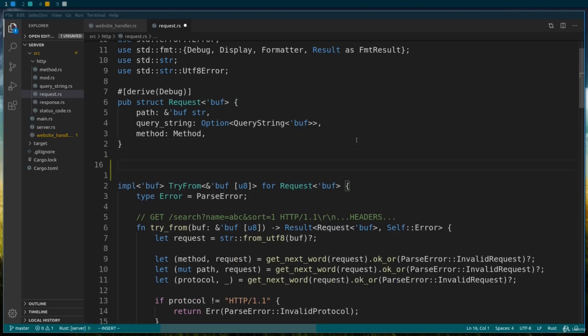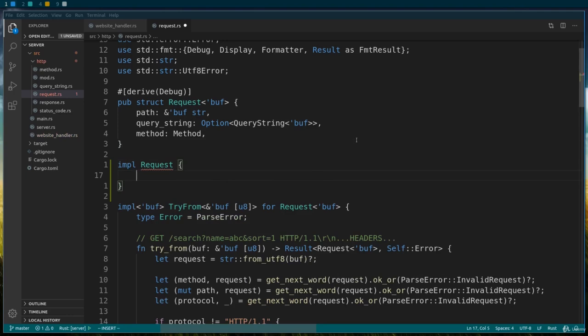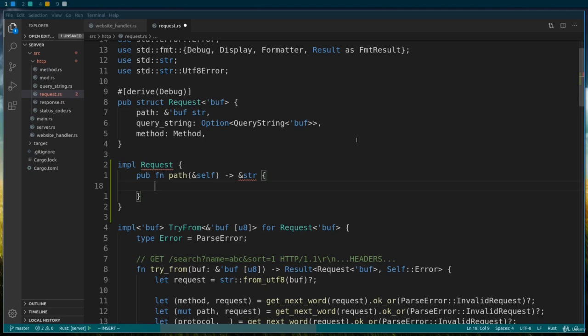So let's create an implementation block for the request, and in it we will add getters for all the fields. The convention in Rust is to name the getter after the field without prefixing it with the get word. So to write a getter for the path, we will have a pub fn called path. It will take a reference to self and it will return a string slice. In here, all we have to do is to return a reference to